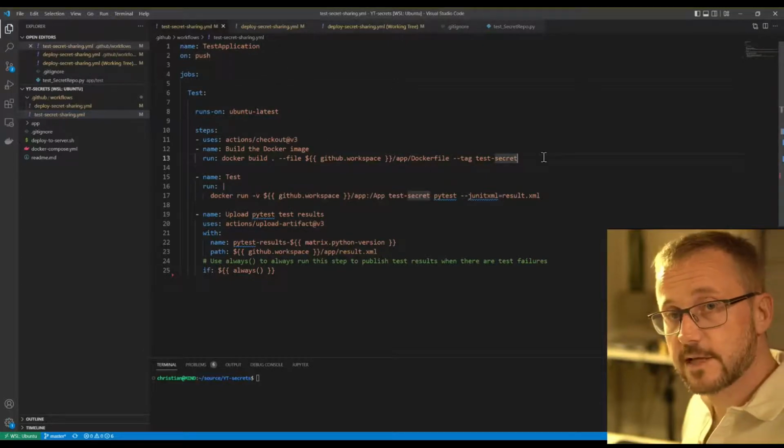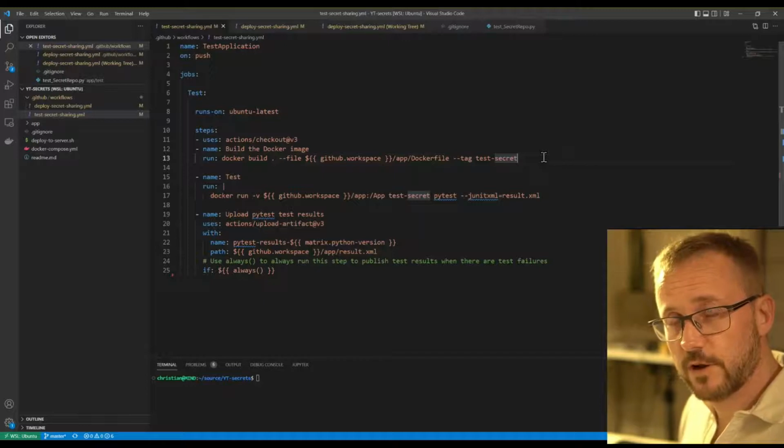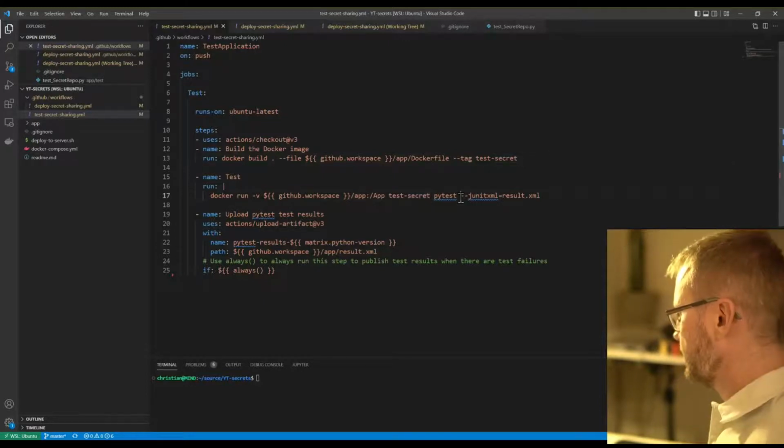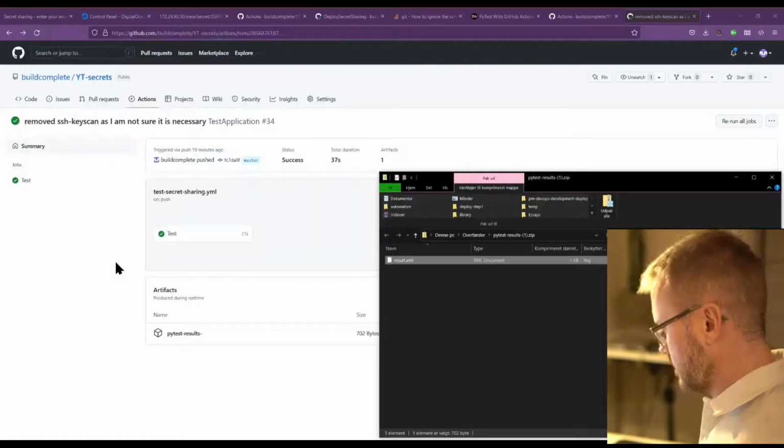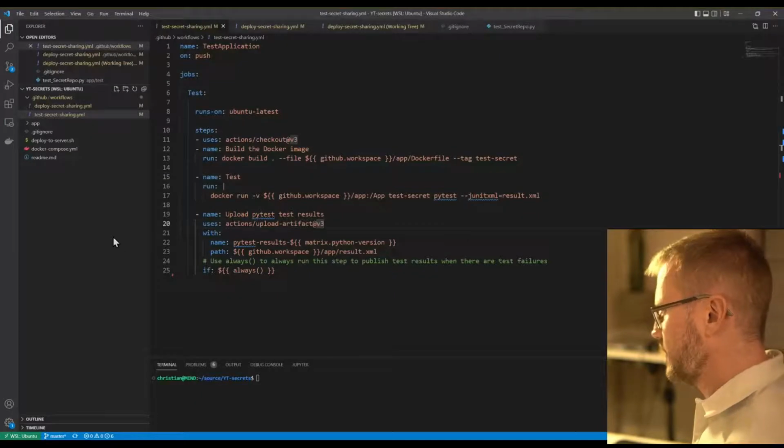It's basically the exact same command as we used when we ran it from the command line. You can see I've also added an argument to save the result in an XML file. And then finally I will upload it to an artifact. The next thing is that I set up